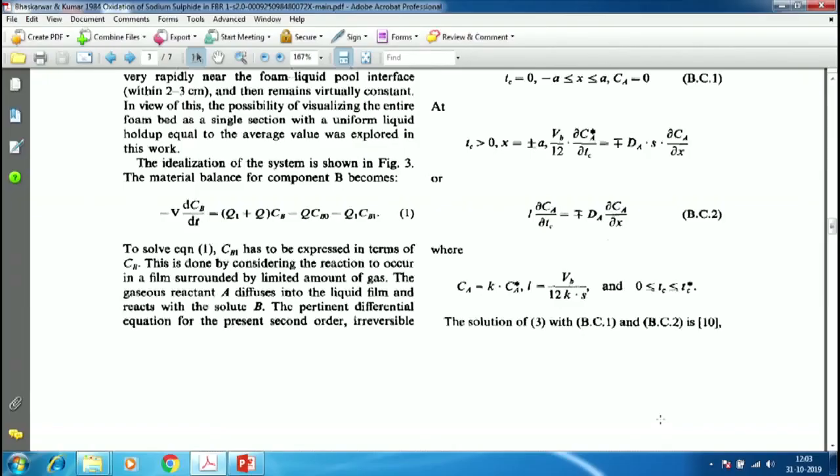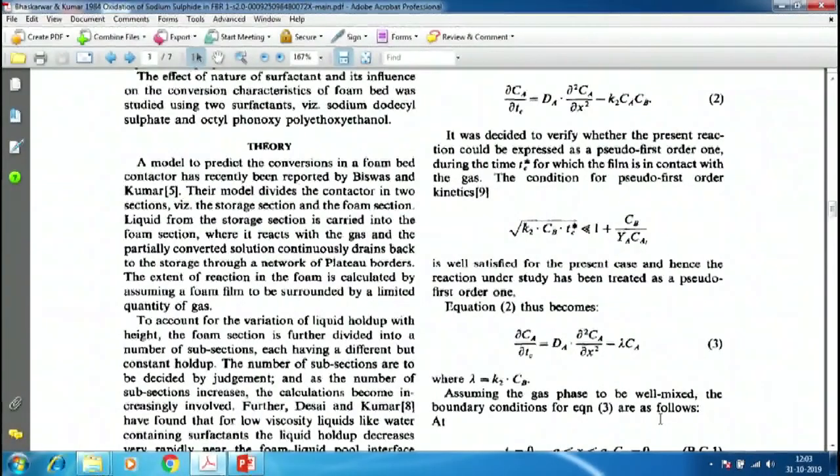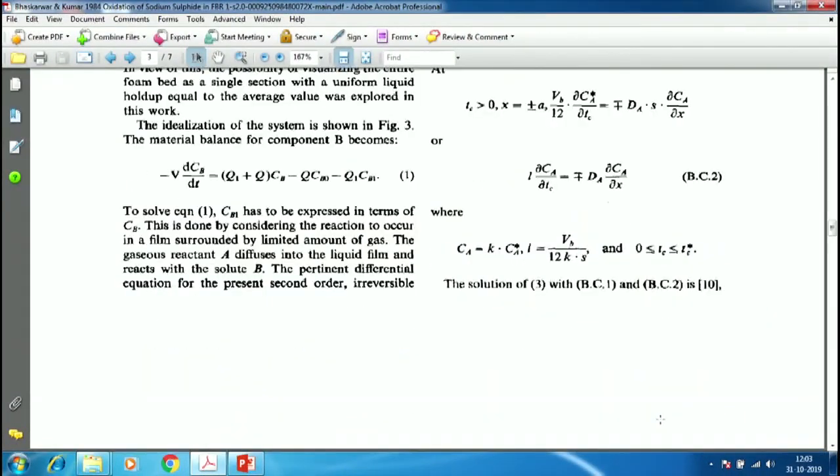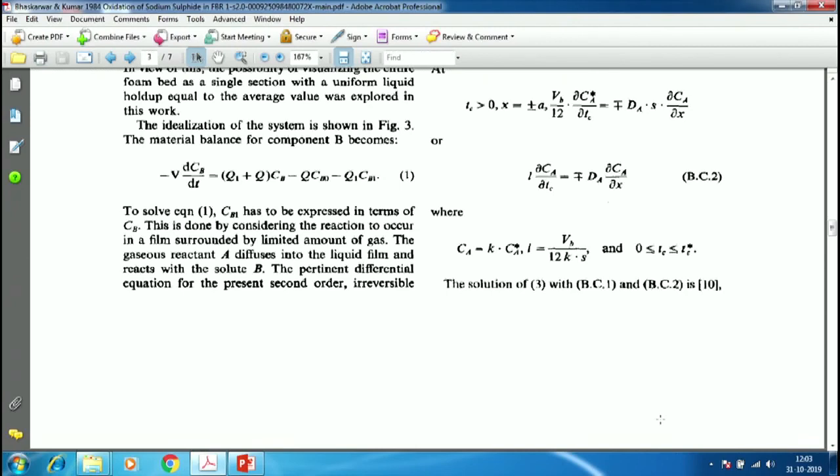So, next time now we are going to attempt to solve this problem, but I would say you should try to at least make progress in solving this equation using Laplace transform. I know you have done this, you have taken Laplace transform of such an equation. So, do that, and you have these two conditions at plus a and minus a, or at plus a and 0. You try to solve this problem and obtain at least the Laplace transform Ca bar, and I will explain to you how to invert that.